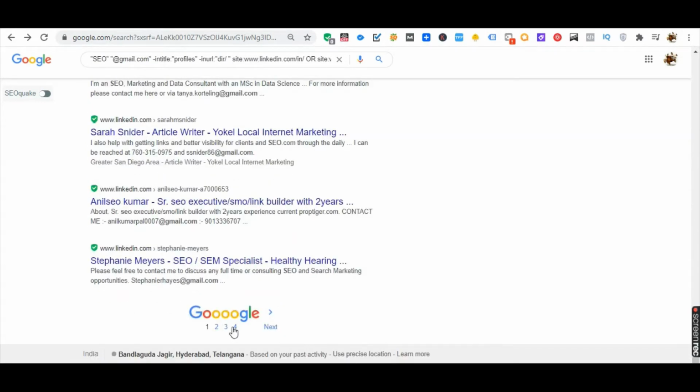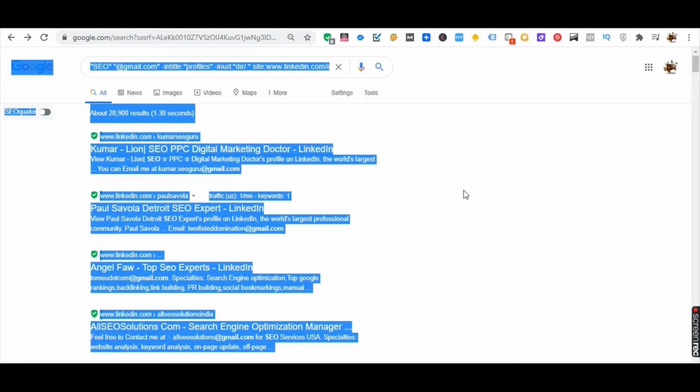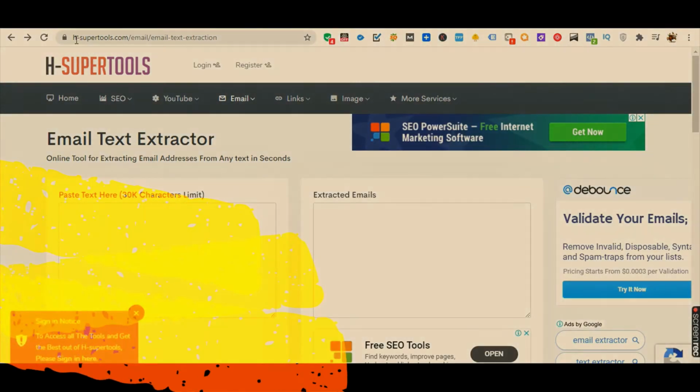Okay, there are 4 different pages, like 400 emails approximately. So I'll do one thing, I'll just click Control A and Control C, copy each and everything that is available on the page. Okay, the next step you need to do is visit